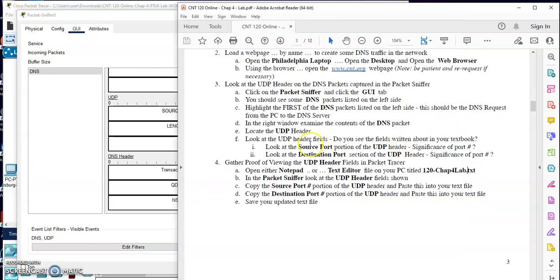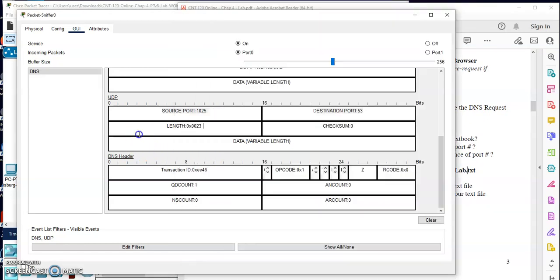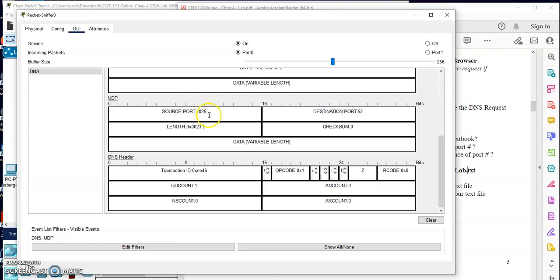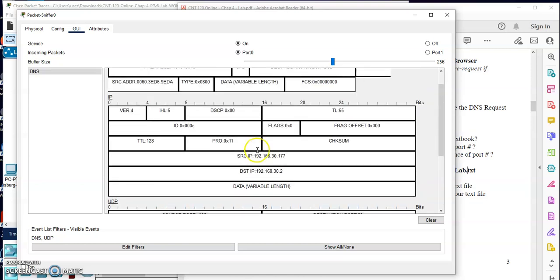So here I have my source port, destination port in this UDP header, and you see there's very few header fields. This is kind of like sending a postcard. I have just enough information to get it there, and just enough information saying, hey, I'm having a great trip, I miss you, I'll see you soon, kind of thing. Just enough information. That's what we want to capture in this part of the lab. Okay, we've looked at the Ethernet header before. We've now looked at UDP. We're going to come back and look at TCP in a little bit,